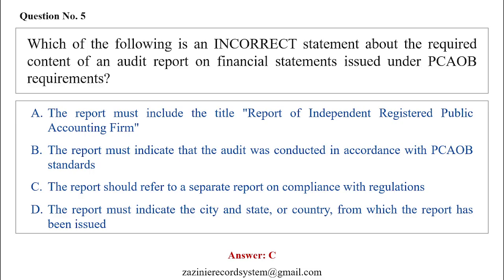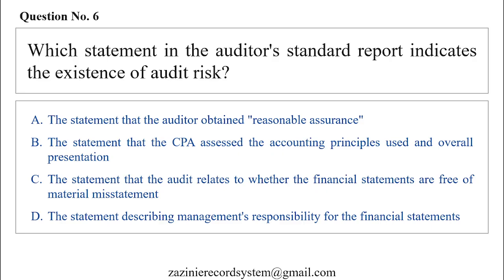Question number 6. Which statement in the auditor's standard report indicates the existence of audit risk? Letter A. The statement that the auditor obtained reasonable assurance. Letter B. The statement that the CPA assessed the accounting principles used and overall presentation. Letter C. The statement that the audit relates to whether the